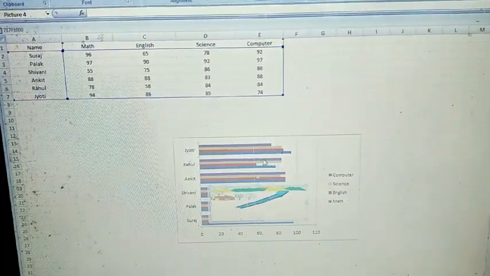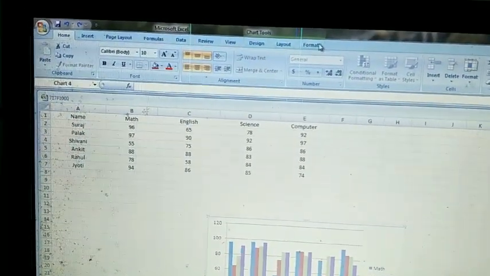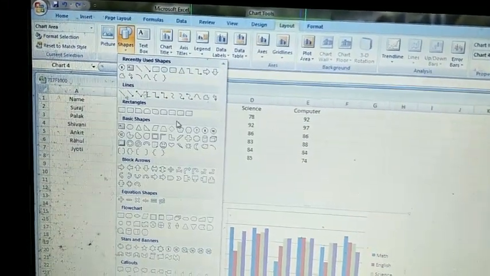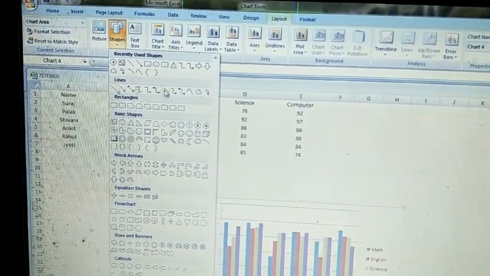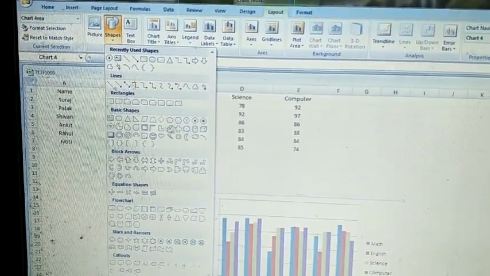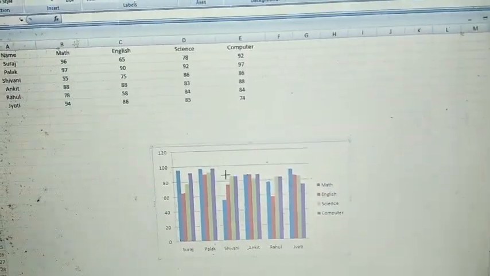Next, shapes. Click on this option, and after that you can insert any type of shape in your chart.